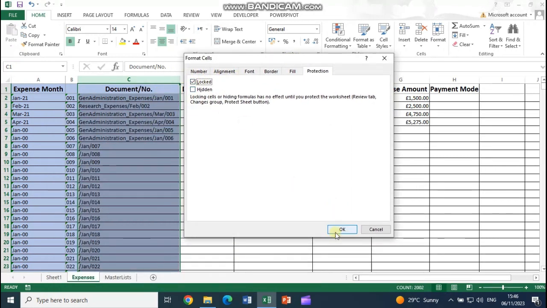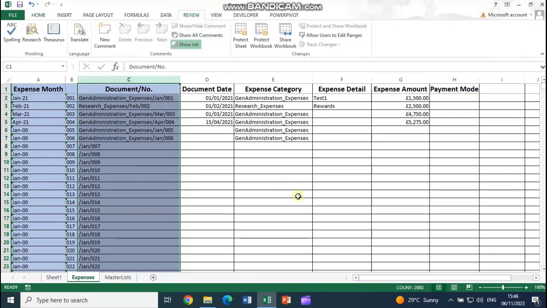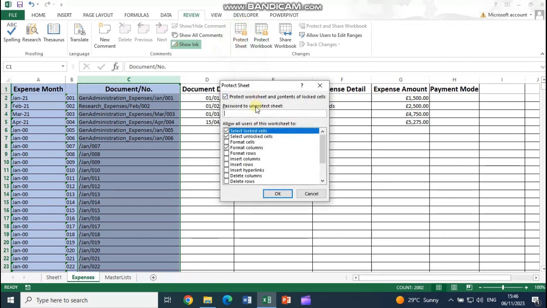Now once this is locked, we can protect the sheet, protect this column, because by default, as I said, Excel has everything as unlocked, and when we are protecting, it looks only for the locked cells. So we will highlight this column once again, go to the Review tab, and there we have an option which says Protect Sheet. I will click on Protect Sheet, and it says Protect Worksheet and Contents of Locked Cells. So we are going to protect the locked cells, and it requires a password. I will give a password here,